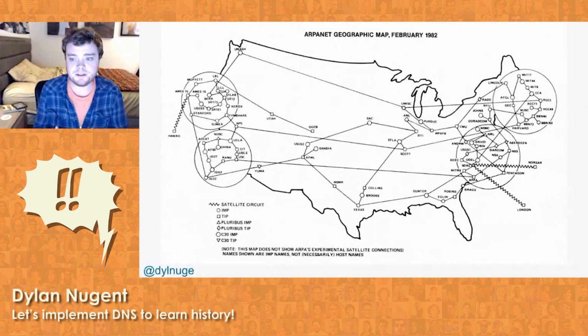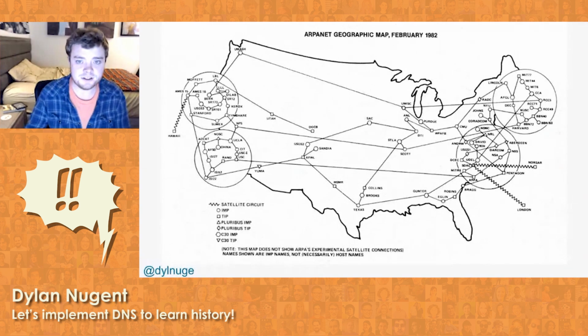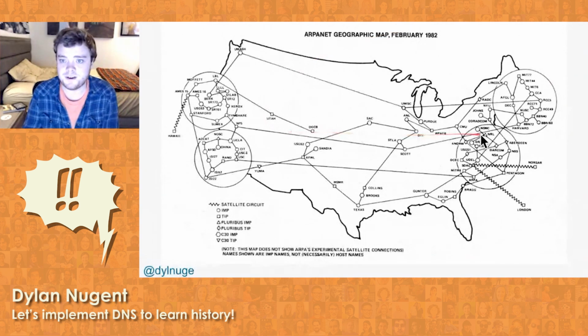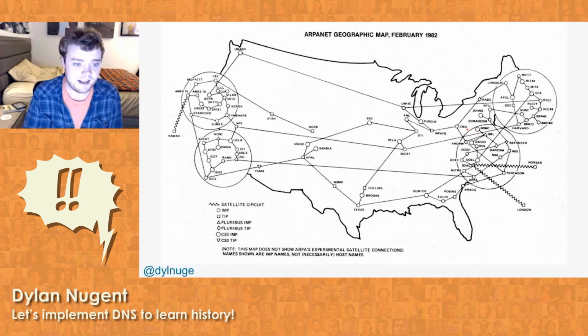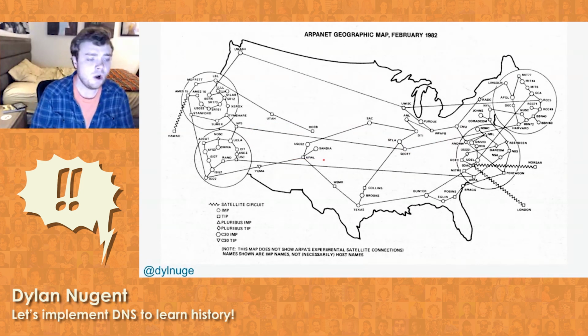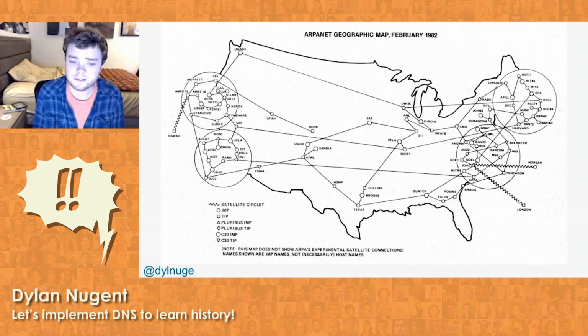And DNS was built to be a centralized way of managing all of those addresses, in a time period where the internet looked kind of like this. It was first defined in 1983, and it wasn't even really the internet at this point. Everyone on the internet at this time was an academic institution, a government agency, or a large corporation like Bell Labs. You didn't really have commercial and consumer usage of the internet.